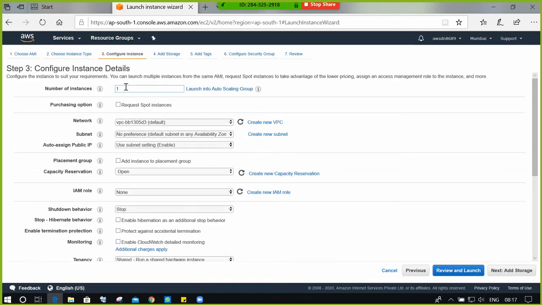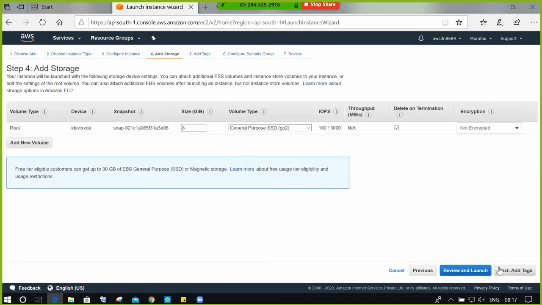At present I'm selecting only one instance, and click on add storage. For storage, Linux initially gives 8 GB. If you want to increase it, you can based upon your requirement. I don't want to increase it, guys, because it will be charged.